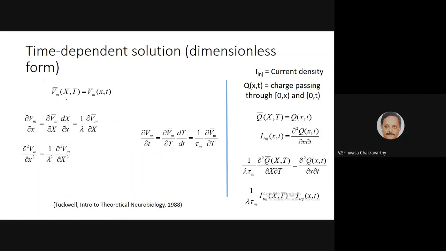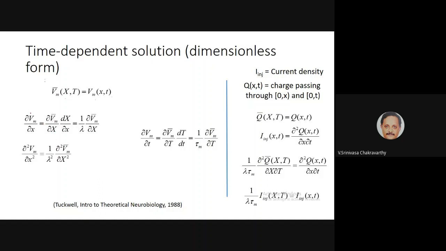So let us define a new voltage function, Vm bar, which is a function of capital X and capital T. I'll assume that it is in these new variables, but the same quantity. So that is the same as Vm at small x, small t, at the corresponding values. So what's the connection between Vm and Vm bar? How do you get the new derivatives? So ∂Vm/∂x is equal to ∂Vm bar/∂X